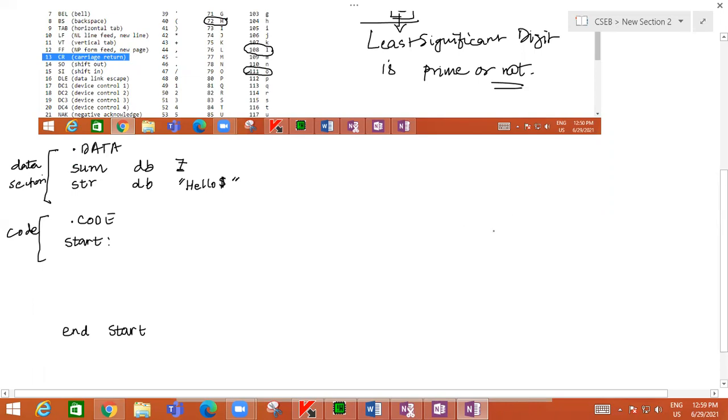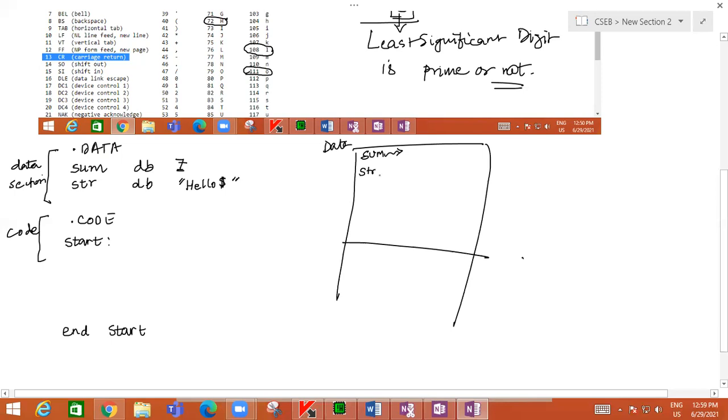So here in the memory there will be the data section. In the data section, there will be a variable, sum, whose name will not be written over there, but the corresponding value will be available. And then the string will be there.